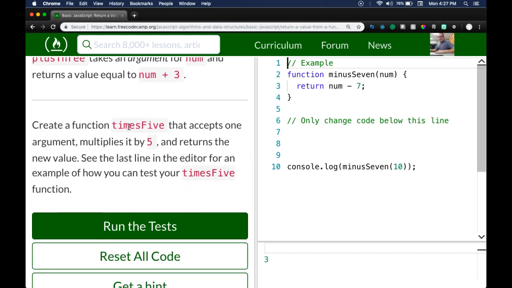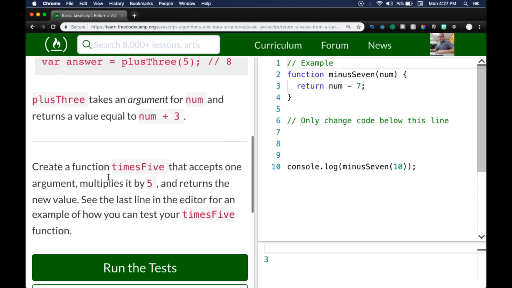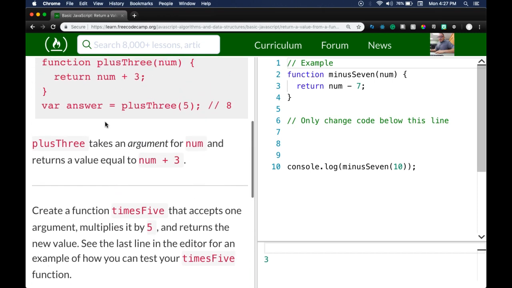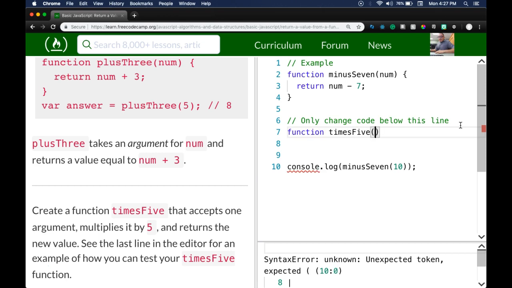Create a function times 5 that accepts one argument, multiplies it by 5, and returns the new value. See the last line in the editor for an example of how you can test your times 5 function. So, very similar to this here. So we're changing code below this line, and we're creating a function called times 5 that's going to accept an